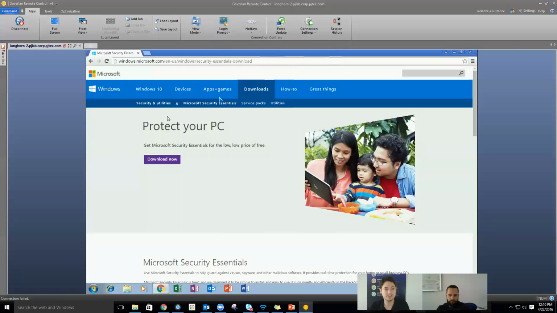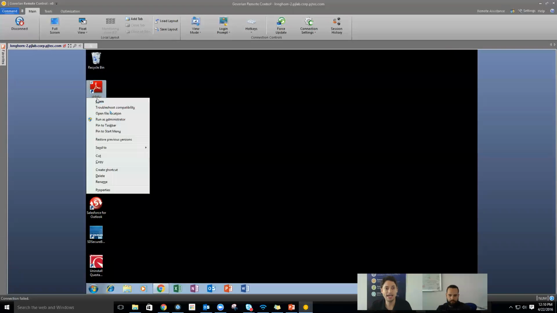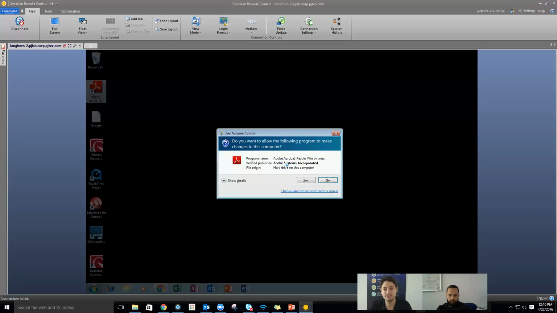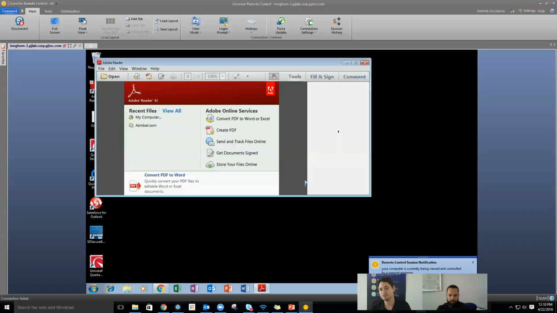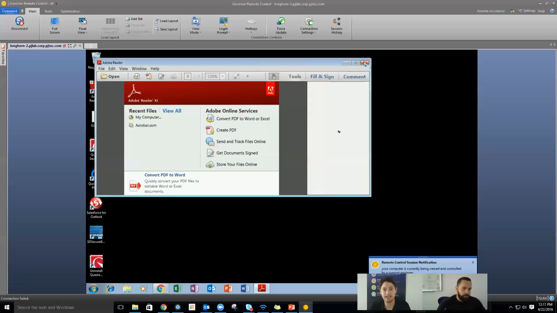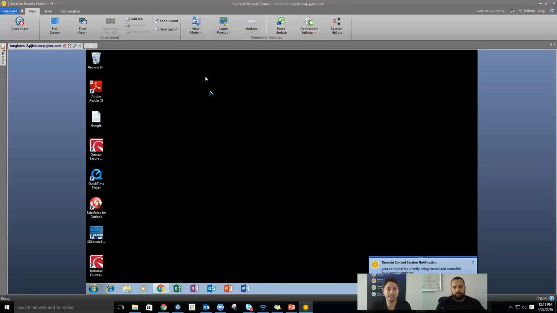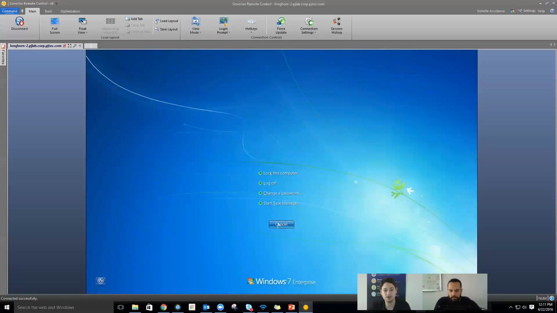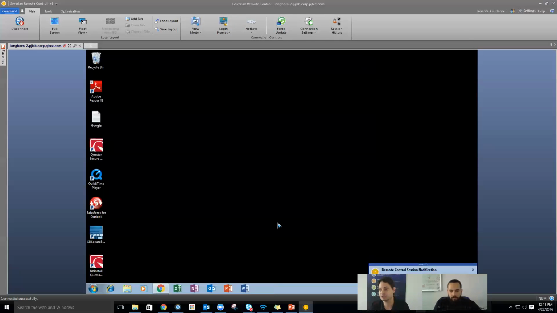Once you're in a remote control session, we're sitting at a lower layer than UAC. And what I mean by that is we're not going to have a problem interacting with UAC prompts. So with a lot of remote control products, that UAC prompt that pops up, you can't actually click on it. You have to have the end user click on it. We're sitting at a lower layer than that, so I can click on UAC prompts without issue, and I can go further than that. I can actually log off as this user, log in as a different user, do a whole lot more, all while maintaining that remote control